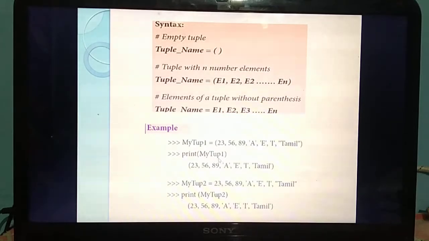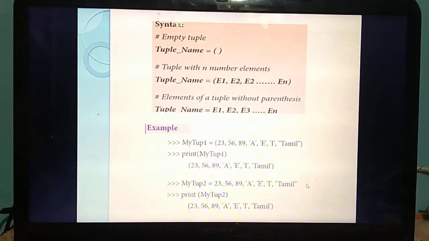Understand? So listen. One point you have studied: in tuples you can give the values with parentheses or without parentheses, and without parentheses the program will also consider it a tuple. Another example they have given: what's the name of the tuple here? My_tup2. The same elements they have given. But here, have they given the elements inside parentheses?